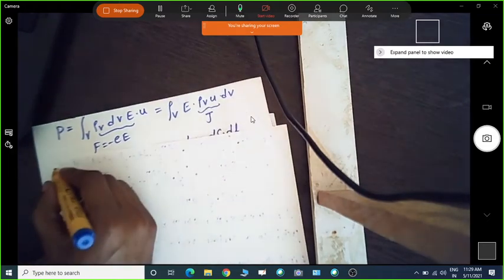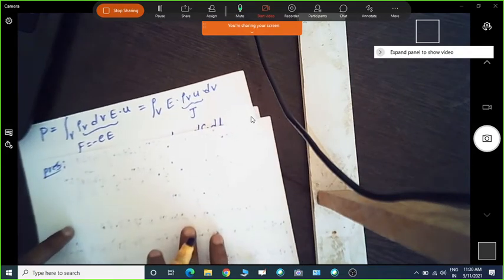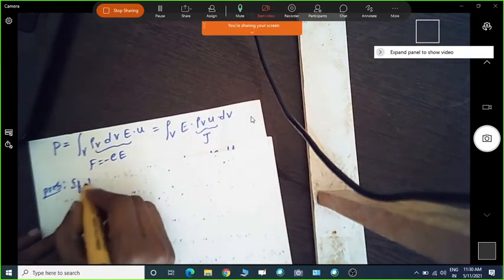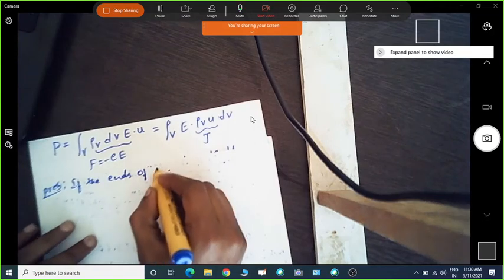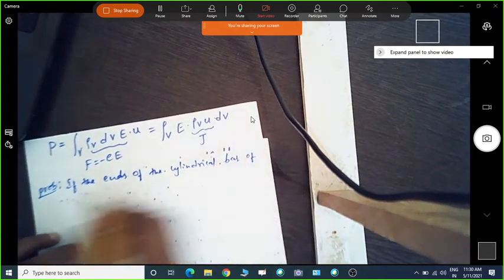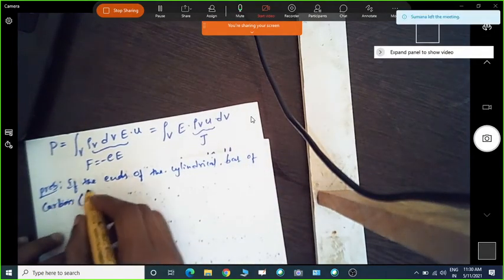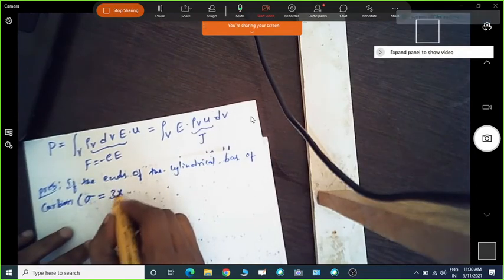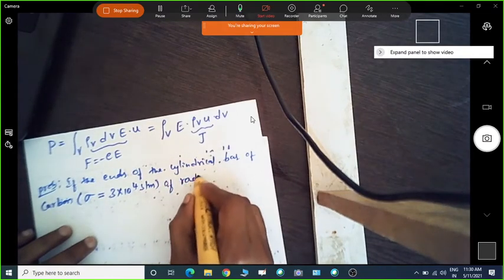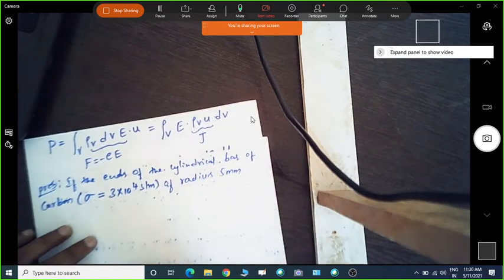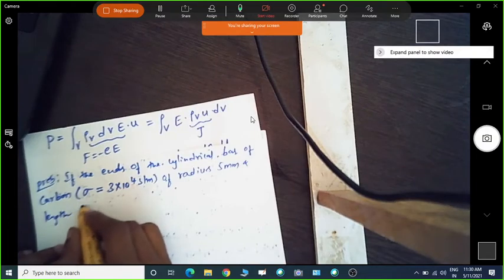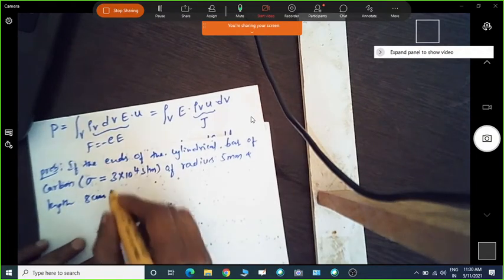The problem is, if the ends of the cylindrical bar of carbon, which is having conductivity equal to 3 into 10 power 4 Siemens per meter, and of radius 5 mm, and length 8 centimeter, are maintained